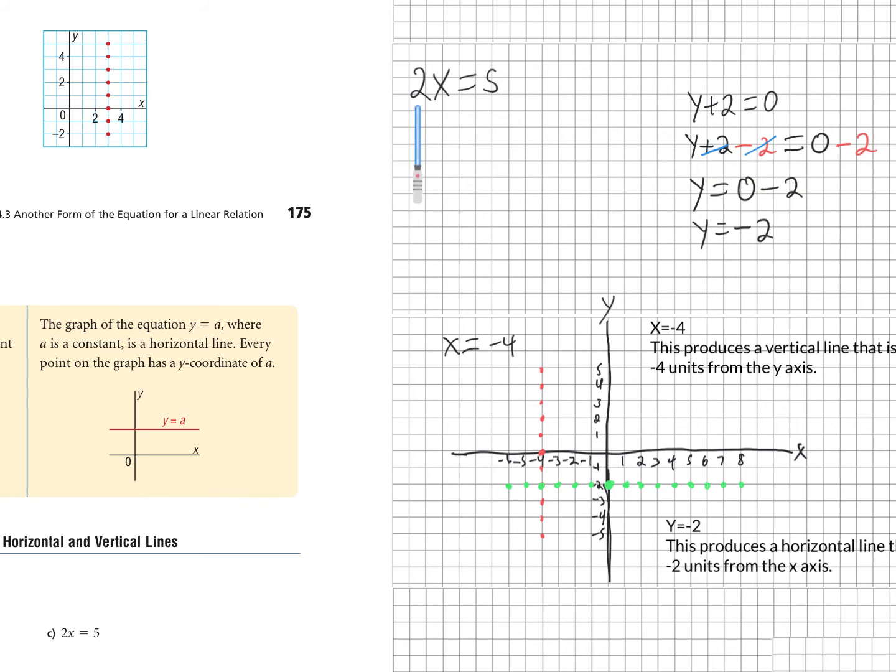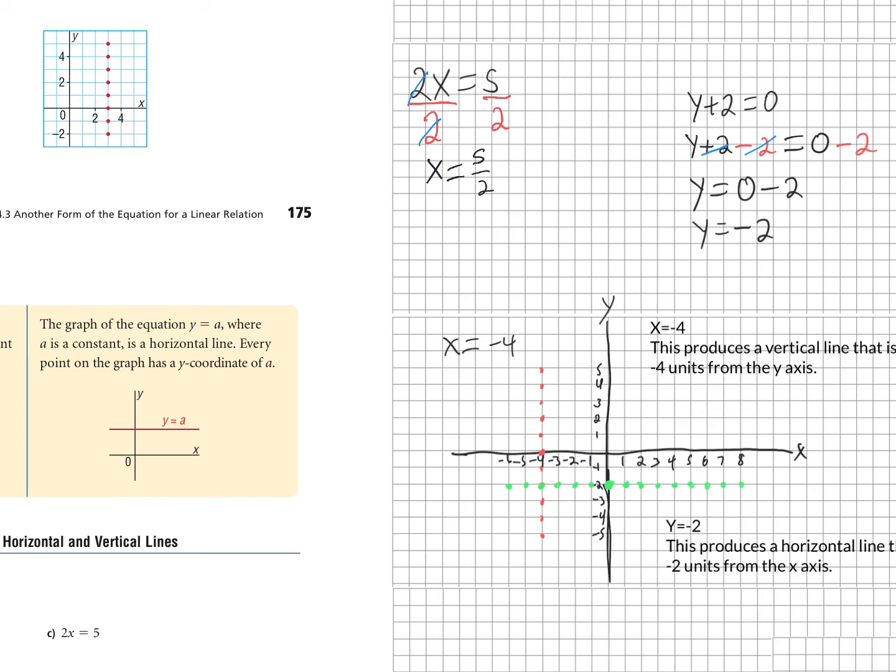So this 2 really means 2 multiplied by x. And the opposite of multiplying a number would be to divide by that number. So if I want the 2 removed from here, I have to divide by 2 because it's the opposite of multiplying by 2. But I can't do that to this side of my equal sign unless I do the same thing on the other side of my equal sign. So this makes these 2 reduce out, and I'm left with just x equals